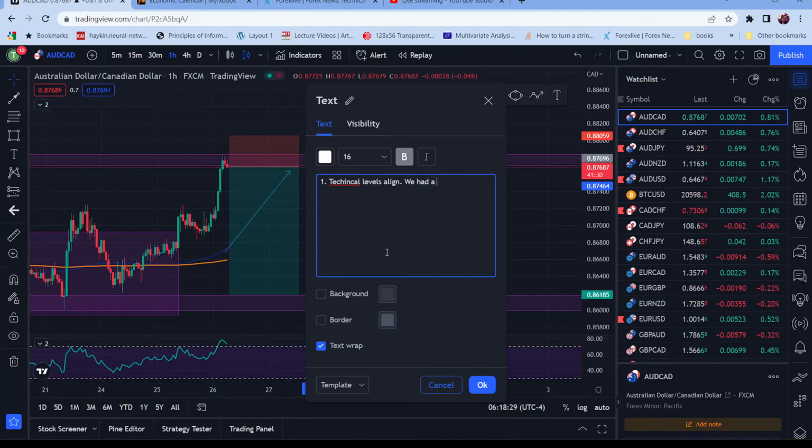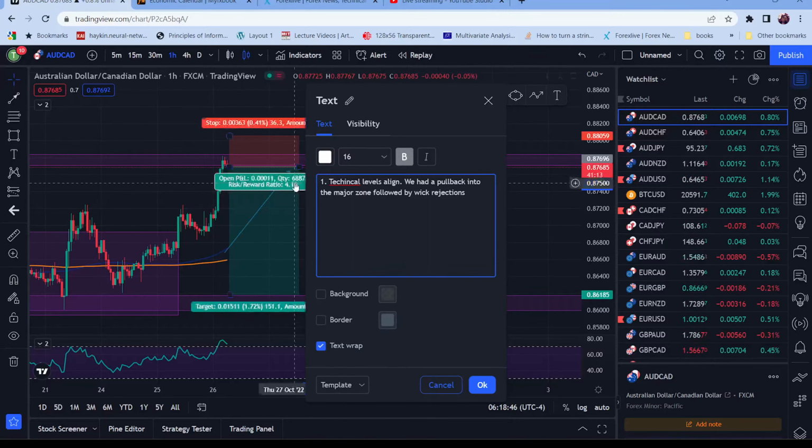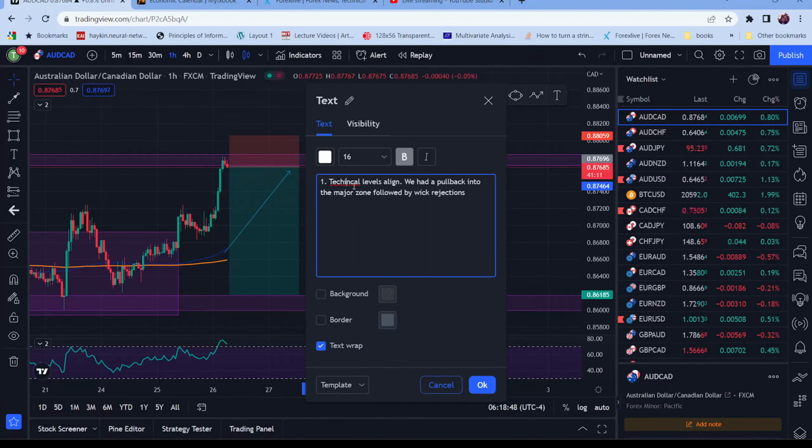We had a pullback into the zone. Alright, so technical levels align. We had that pullback into the major zone. Two, on a daily level,